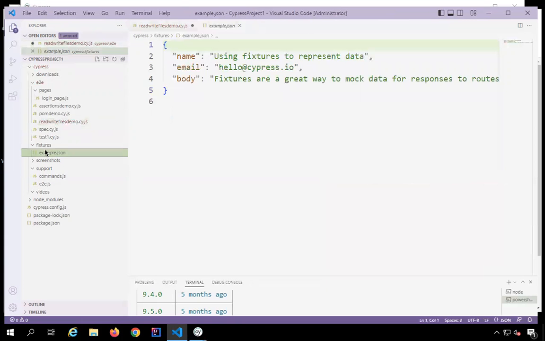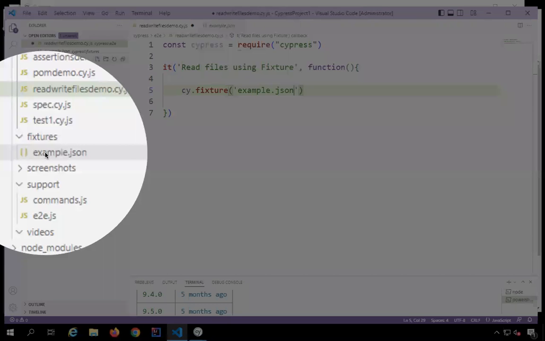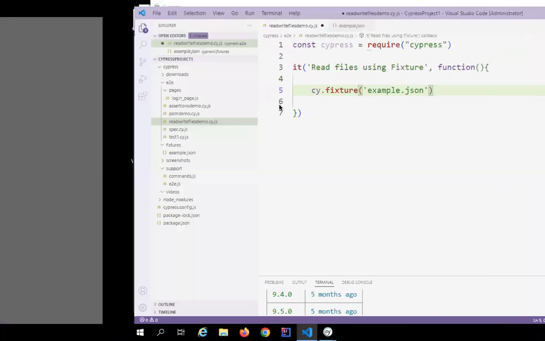So I can just say here example.json. Now, just in case it is in a subfolder under the fixtures folder, then you will have to give the folder name as well. But in this case, I can directly say the file name, which is example.json. And then I will say